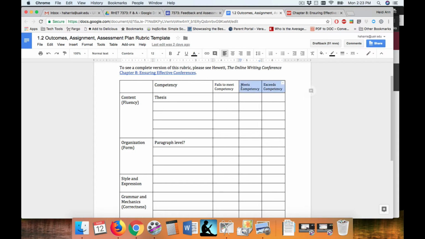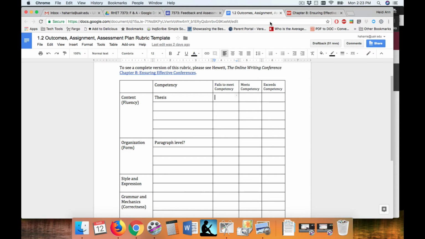Spell out your competencies. Make sure these competencies line up with your learning outcomes for your assignment so we can assess those. And then if you want to modify these, that's fine, but I'd rather you just kind of, for the practice of working in this kind of formative feedback rubric assignment process, leave those 3 categories